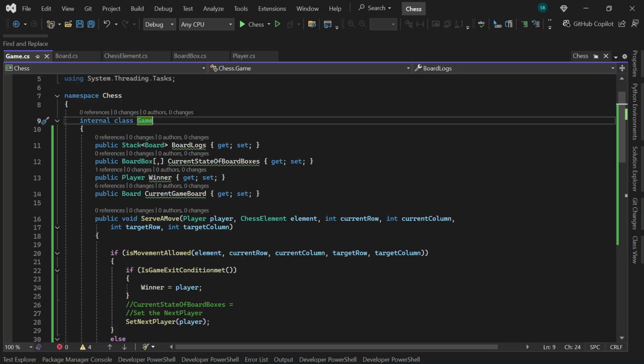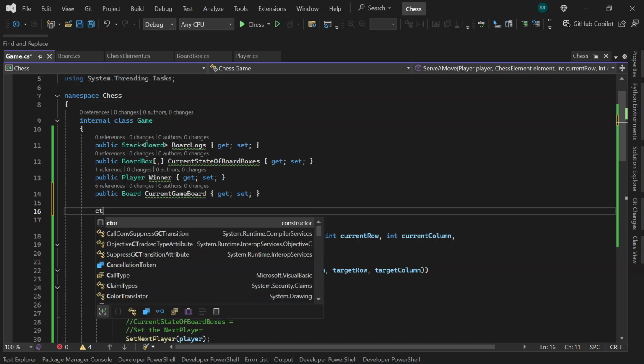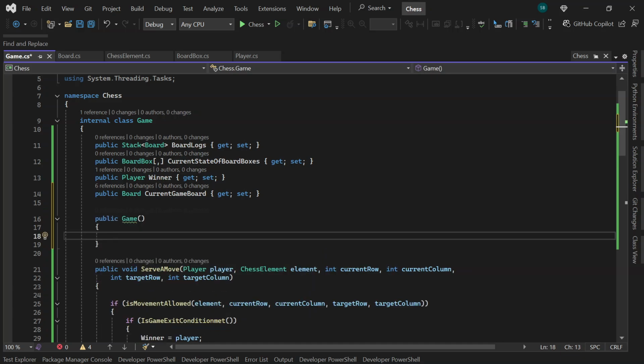So the game will have a constructor for sure. In that constructor, we are going to initialize the boards, and we are going to set the first player and all those stuffs. Winner will definitely be null initially, and